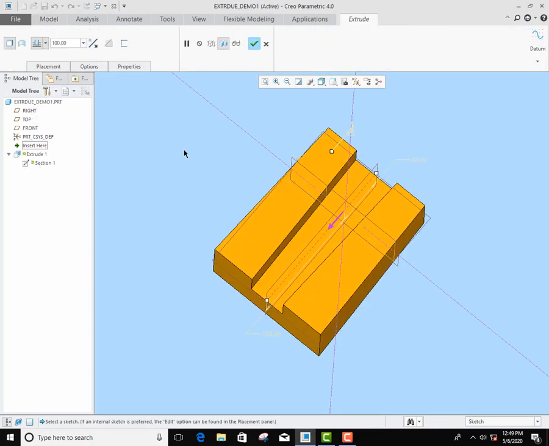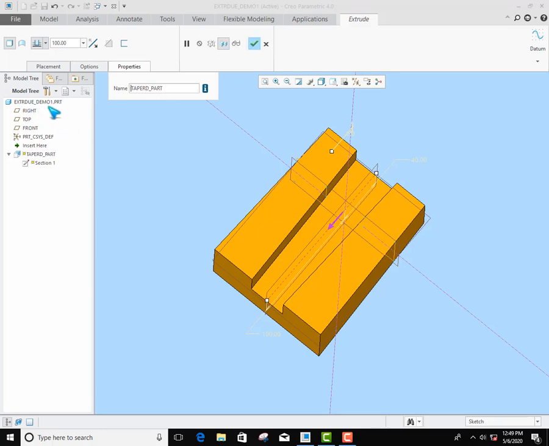I think I covered all the basics. Yeah, one more here is properties. Here you can give the name whatever you want. Suppose tapered_part, so it will take that name.